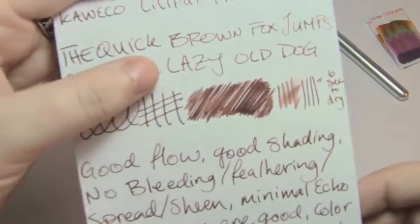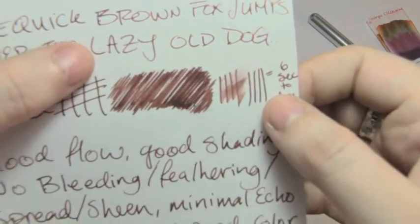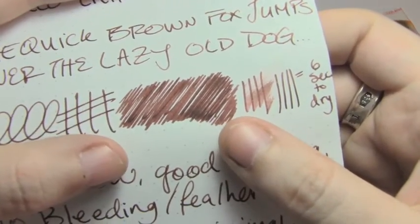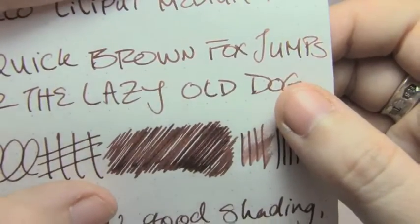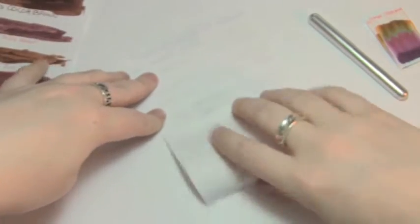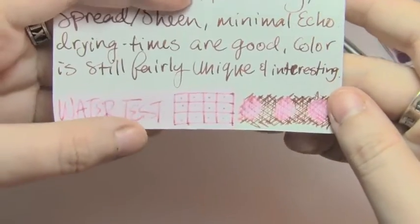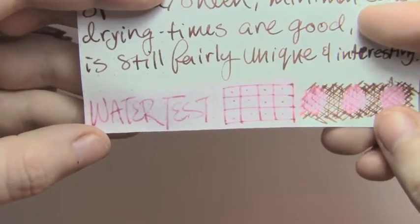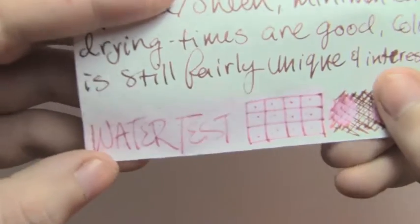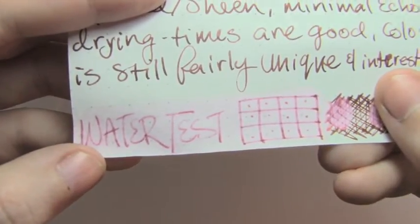Next is Rhodia, 80 grams per square meter, where it took 6 seconds to dry. Again, there's a good degree of shading. You see it in the writing too. There's no bleed, no feathering, no sheen. There's very minimal echo. And yeah, again, it dyed the page a bit, and it turned red, but it's still a pretty decent water test, so,